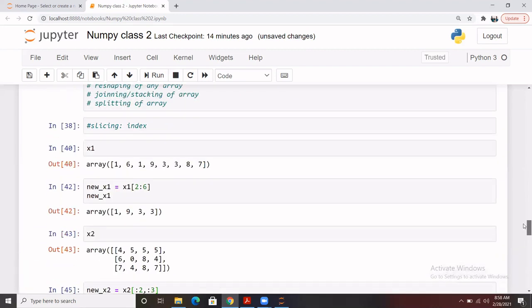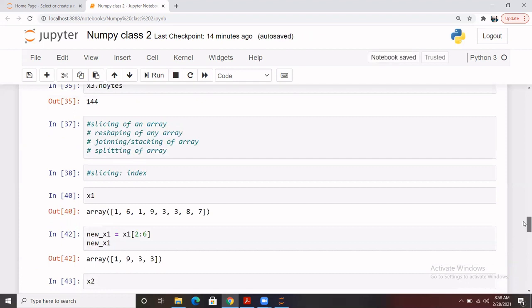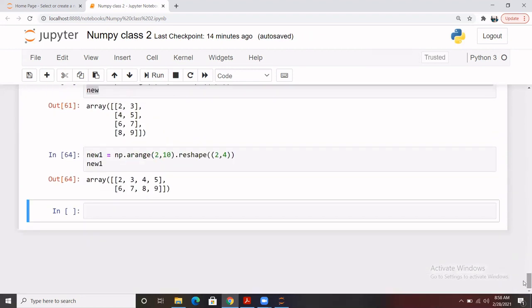Now we move to a different topic, which is joining and stacking of arrays. So for example, we have, let's say, two arrays, and we want to stack, or you can say join, those two arrays all together. So first let me create the arrays. Let me create some one dimensional array.